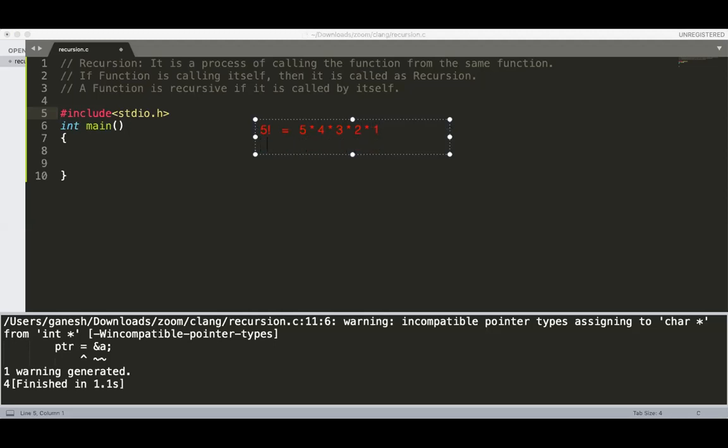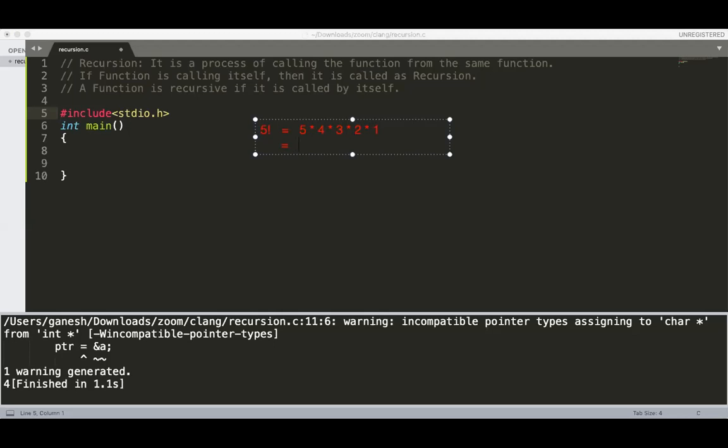Yes, sir. This is the process that we implemented in our previous fact function. In the fact function, we used a for loop for cumulative multiplication: fact is equal to fact multiplied by i. We have done this formula here.